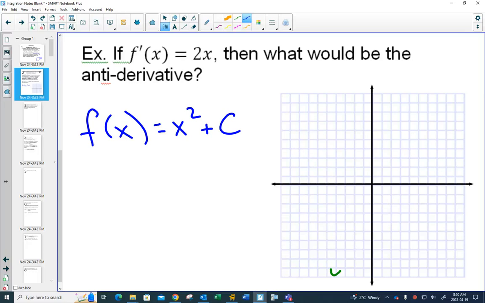Now, the interesting thing about connecting this to the area thing that we have at the beginning, and just giving you an idea of what's, wow, I cannot draw a straight line today. Let's make some dots. Here's 2x.